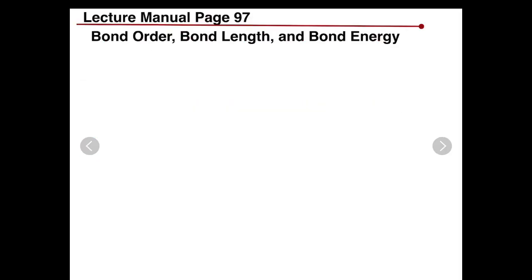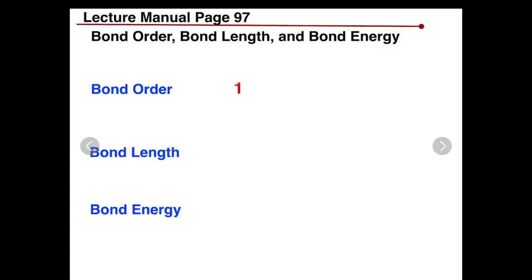Next, we are going to take a look at the relationship between the type of bond, which we are going to call bond order, and their bond length, and also their bond energy. The bond order is the type of bond that we saw earlier: single bond, double bond, or triple bond. So for example, bond order 1 would describe the single bond. If you have carbon and carbon, it's just one bond between these two carbon